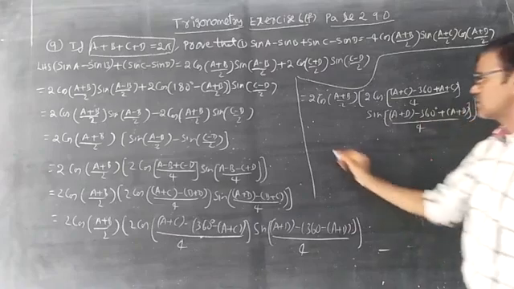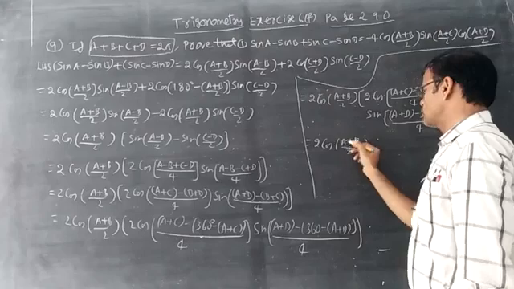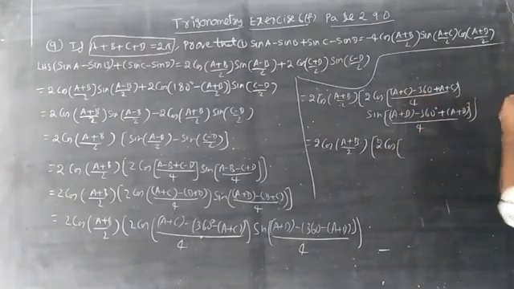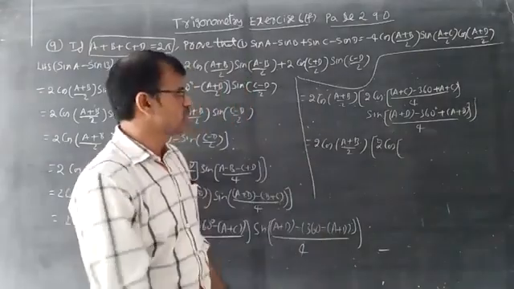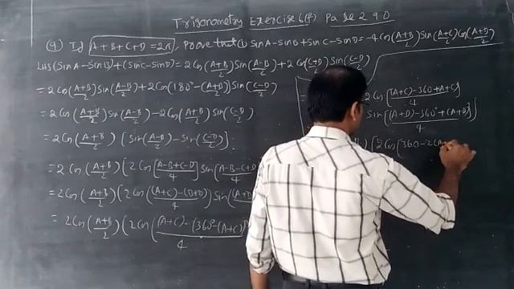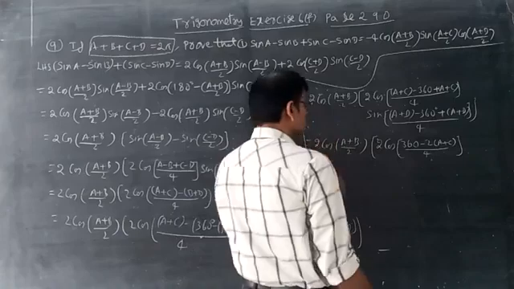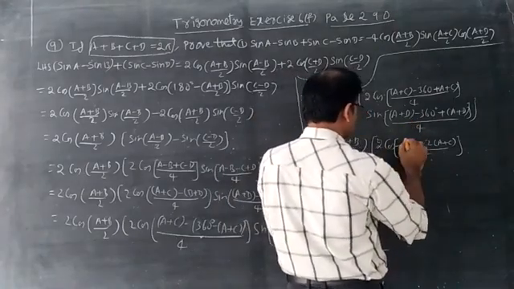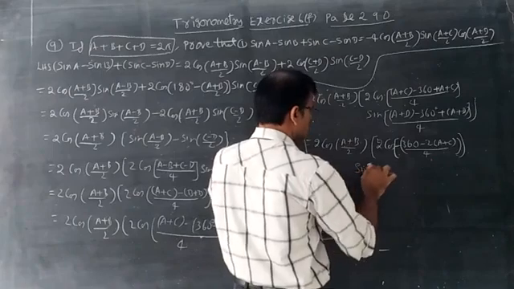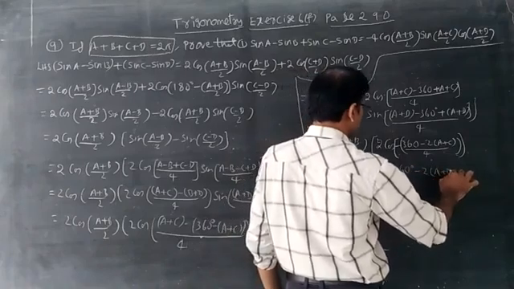That is equal to, total bracket, the next step you can understand: 2 cos of a plus b by 2 into 2 cos of, here a plus c and a plus c, two terms of a plus c are there and minus 360 is there, you can take the common and write 360 minus of 2 into a plus c by 4, but minus taken common becomes minus of, into sine of, in the similar way minus you take common, 360 degrees minus 2 into a plus b by 4.